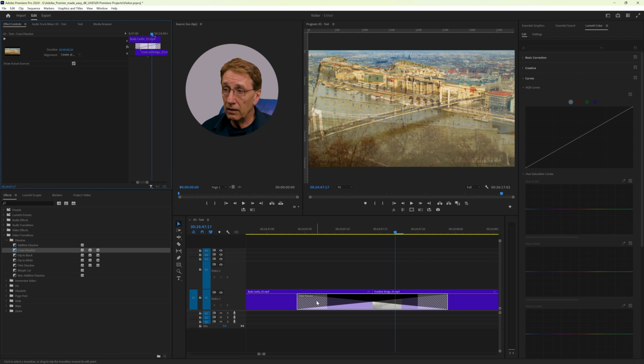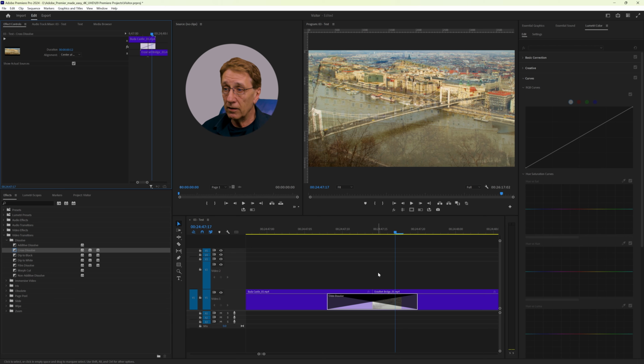So you see there is not enough footage. They are not overlapping enough because I only cut off 6 frames on each side. So the maximum transition I can create with that is 12 frames. Otherwise, if I want a longer transition, I must give Premiere more handle.